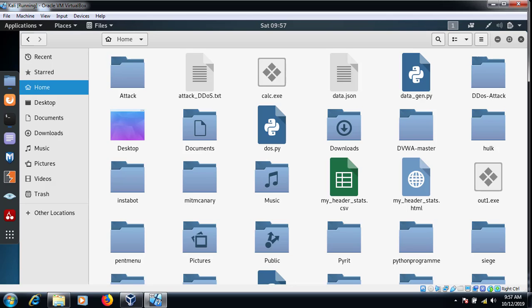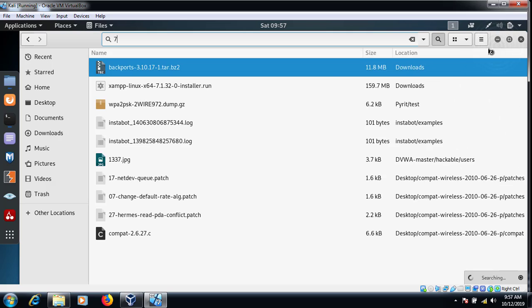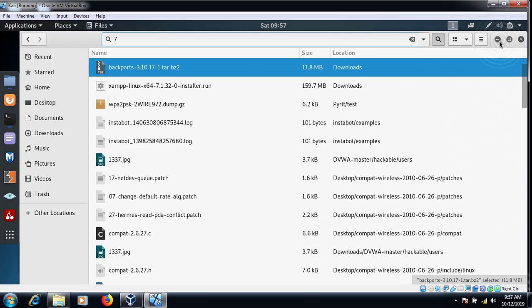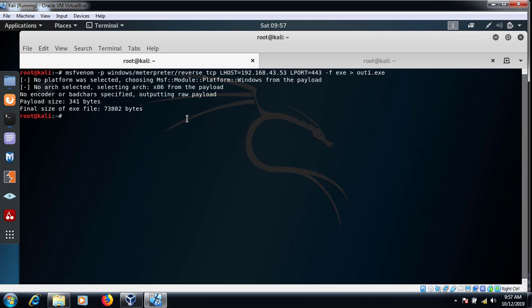So I am using this file for embedding my harmful out1.exe. So just go to the terminal, and now it's time for attaching our harmful file to the good file. So just type msfvenom